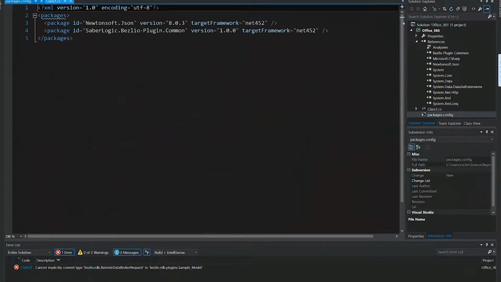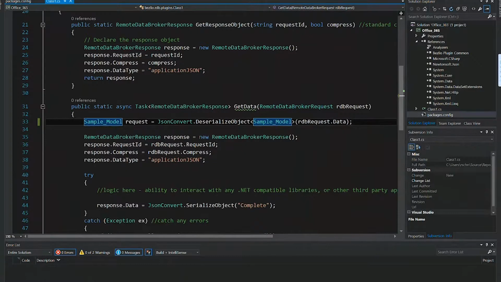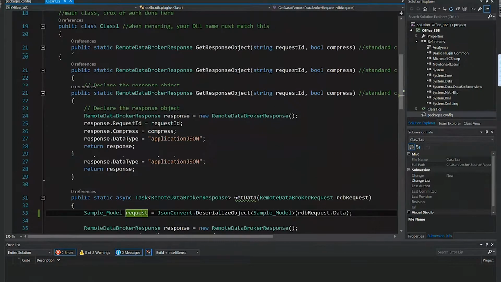So then we'll finish what you were saying. So sample model request equals JSON convert. And what this does is we're saying JSON deserialize this object as type sample model. So request.data, we'll see that when we actually build our Bezlio, is going to have this JSON string, and we're going to make it an object. So then that way, we can use request to actually run our data. So we know that request up here is a type of sample model, and we have username, password, variable 1, variable 2. So let's say we wanted to do,